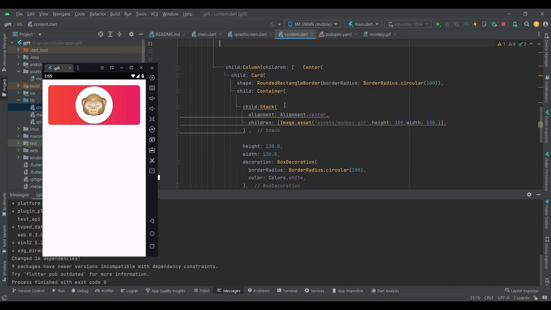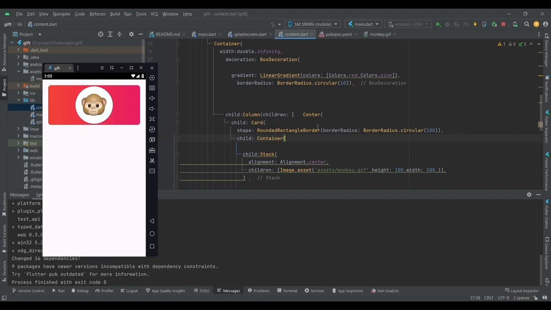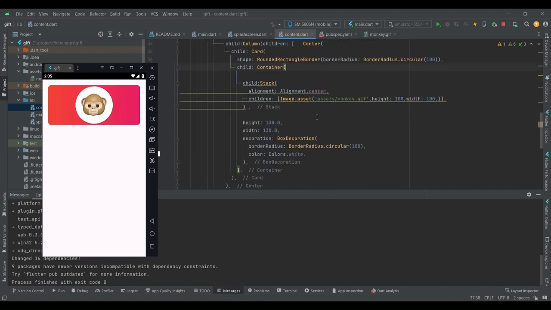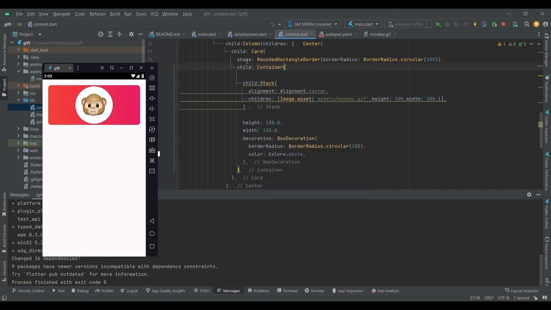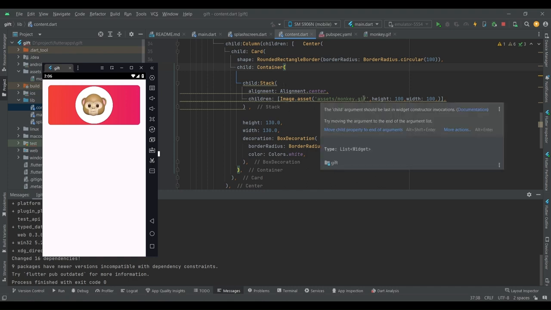Now the changes I have made: I have added a column, and inside that I have added a Center widget. Inside the Center widget, a Card widget is added, and then I have added the shape to that Card. I have used RoundedRectangleBorder and gave the border radius as 100, and inside that Card I have used a Container, and inside that Container we have a Stack, and inside that Stack I have added the image with height 100 and width 100. Okay,